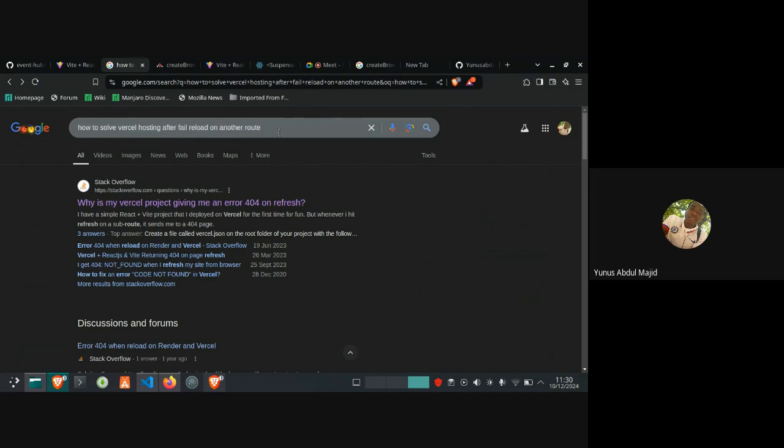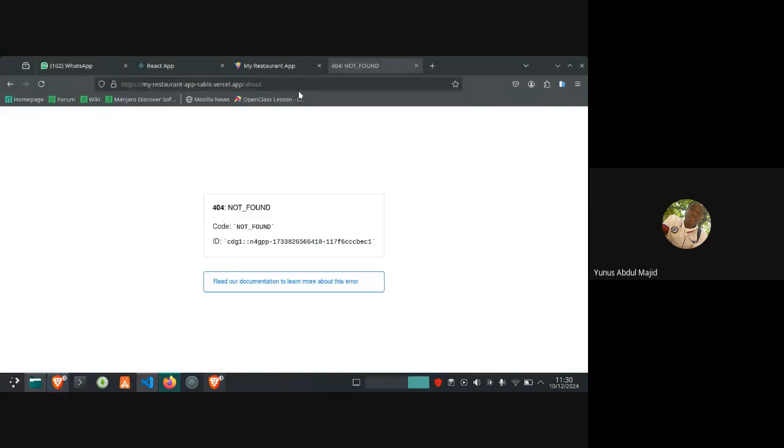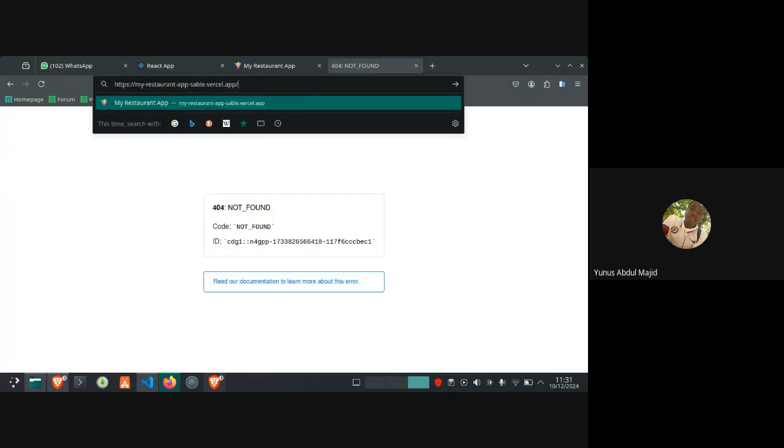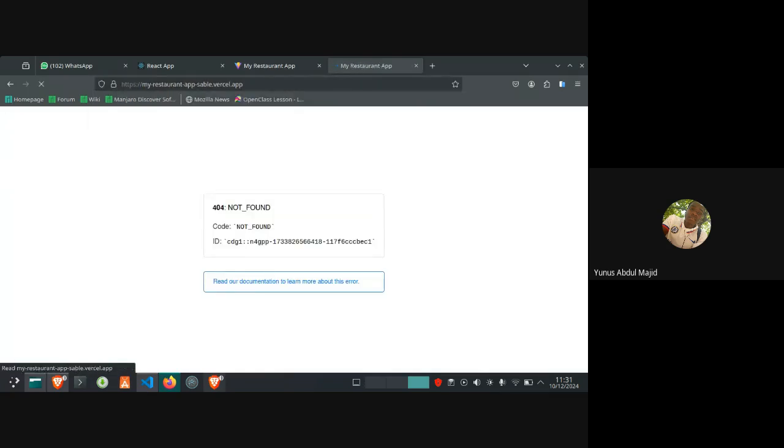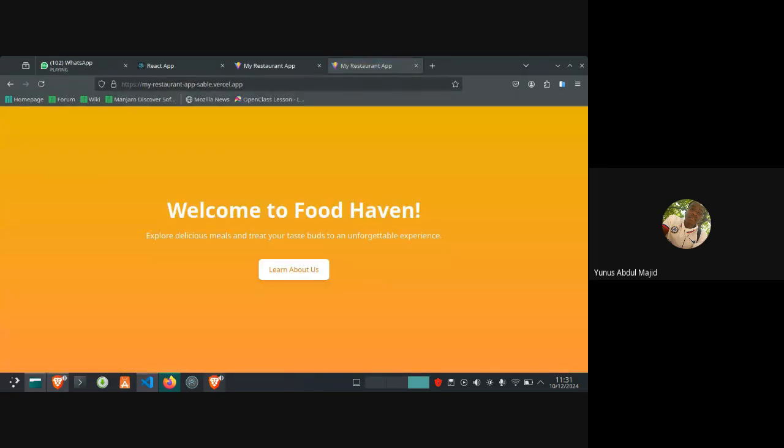You can just say it to Google, like: how to solve Vercel hosting after failed reload on another route. Currently, if the reload happens on the home page, it won't show any error, but if you reload from a different route, that is where the error will show.